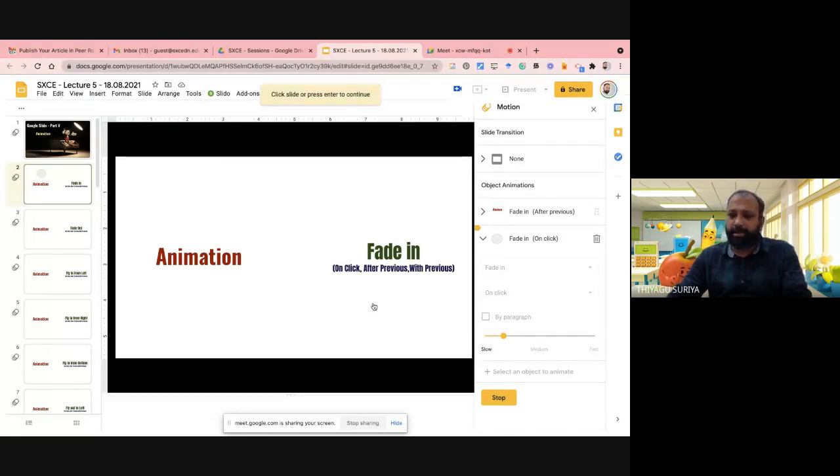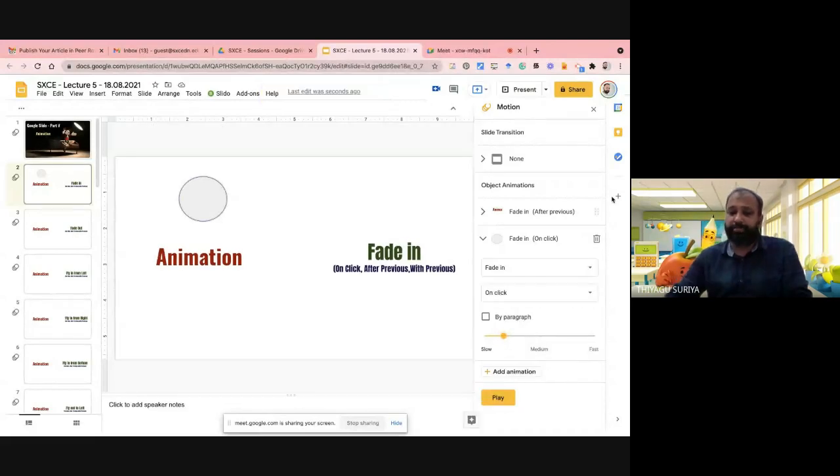Now I'm going to press the mouse or the keyboard. You can see now the circle comes very slow. It shows very slow. So based on the circumstance, in what manner you like to explain to the students. Suppose you like to explain immediately, you can go with a very fast manner. If you like to show it in a very slow manner, because you like to add a lot of content in between to deliver to the students, you can go very slow. Based on the circumstances or the content delivery, you have to select the speed and all.